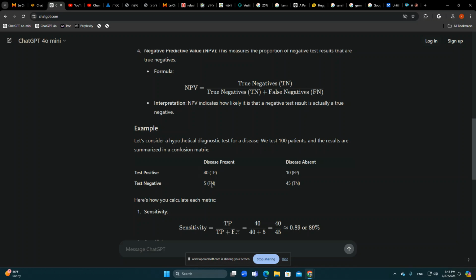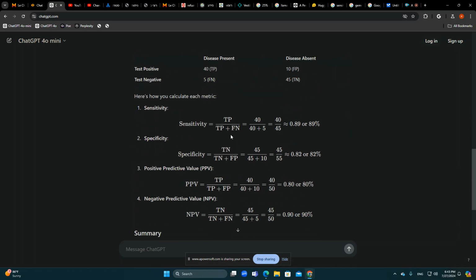And here you can see how we calculate sensitivity and specificity. Sensitivity: take the true positive, divide by this column, true positive plus false negative. Specificity: this column, take true negative divided by true negative plus false positive. Positive predictive value: here we are taking this row now, true positive divided by true positive plus false positive. Test negative, negative predictive value, which this column is correlated with. So I take true negative divided by true negative plus